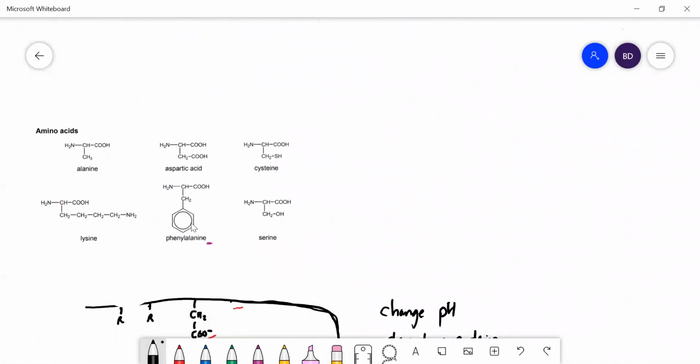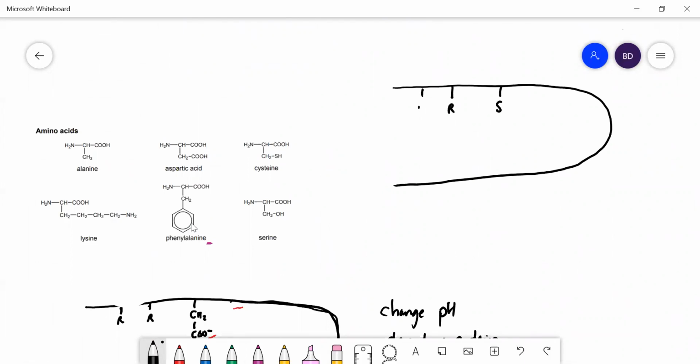What can happen is, say this is your peptide chain, and these are all the R groups sticking off the side. You have a cysteine group there, that's SH, and if you have another cysteine group here, another SH,